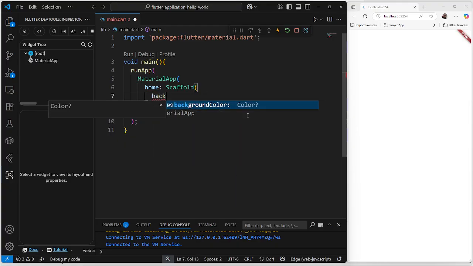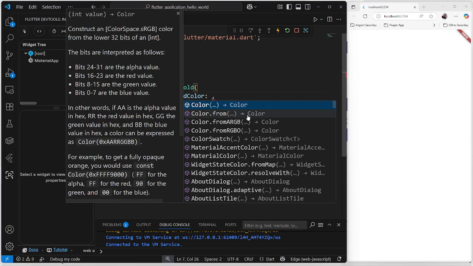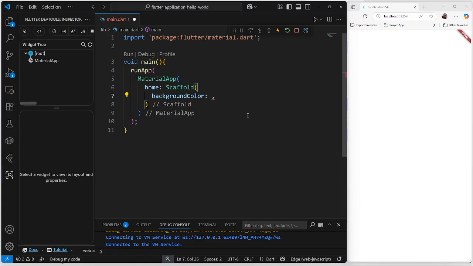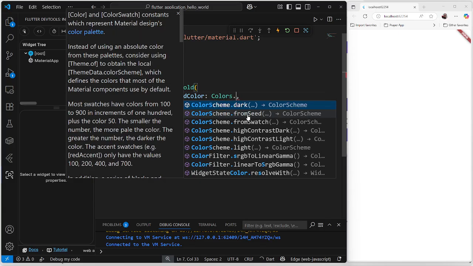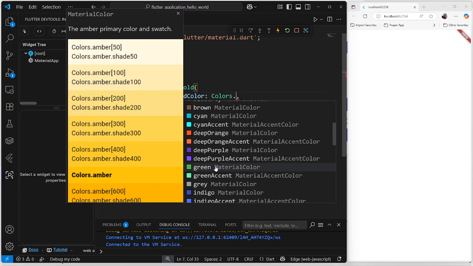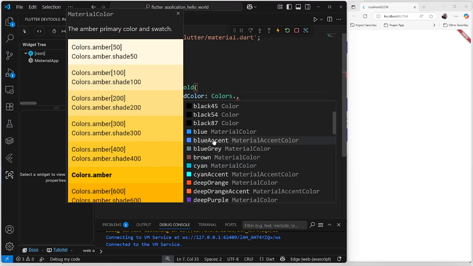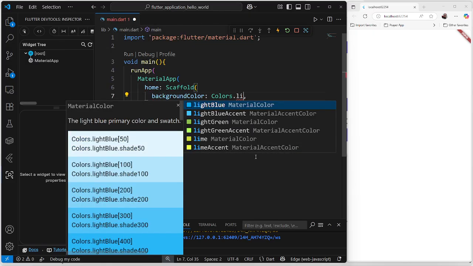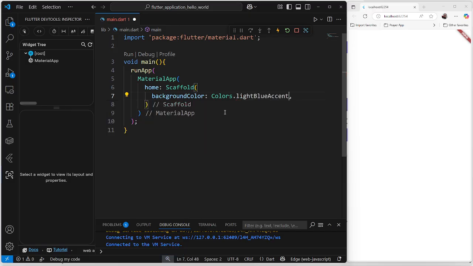I'm going to change the background color. So just change the background color here, and the way you need to change the background color is Colors dot, you can change any color of your choice. For example, I'm going to use light blue accent maybe. That's it. I'm going to press Control S, and you will see that the changes are reflected on the right,